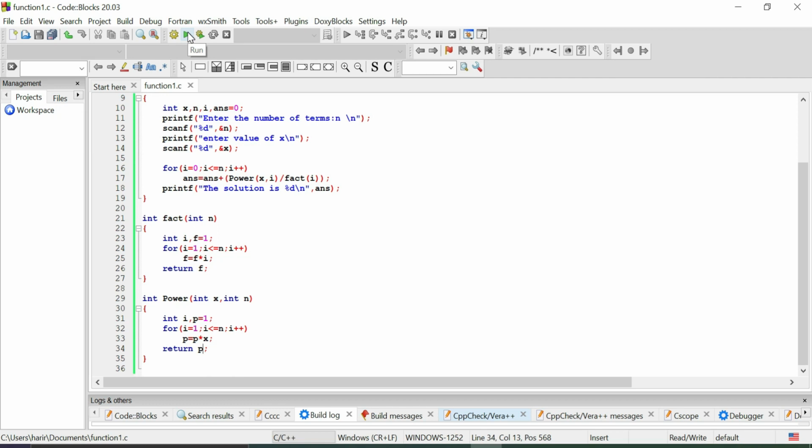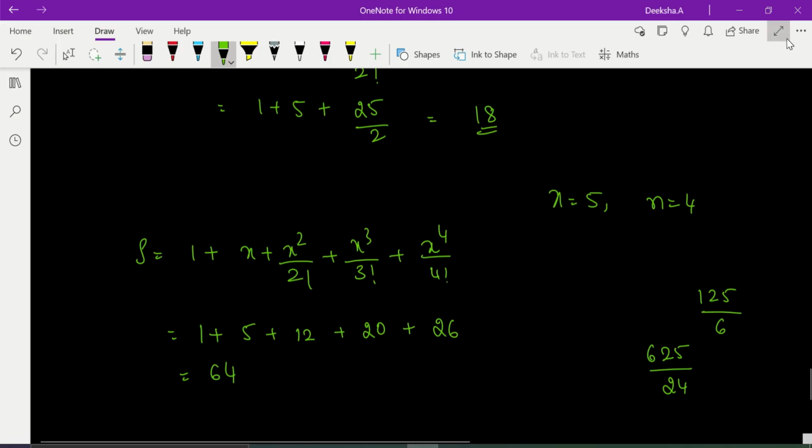See here what we have done is, it is very easy for us to understand this part of the program. This instruction is very easy to understand. So I told you about readability, right? So here what is it that we are doing? We have some answer. With that I am adding power of x comma I, means x power I divided by factorial of I. So this we calculate and this we are adding to the answer. So every time I am calculating, we are actually finding values of these terms one by one.